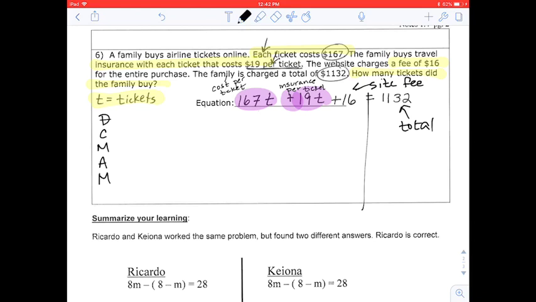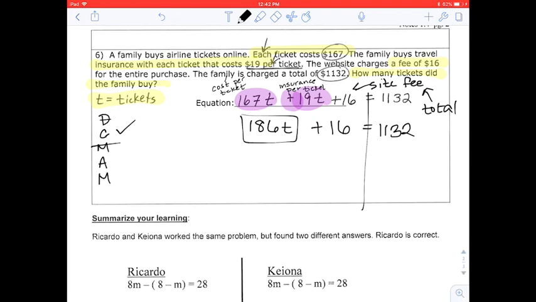And it looks like for each family member, they're going to pay $186 per person plus $16 for the whole purchase. And it still equals $1,132. Okay, so we combined our like terms. I only have variables on one side, so I'm not going to move anything. I'm adding 16, so if I want to get t by itself, I need to subtract 16, which tells me 186t equals